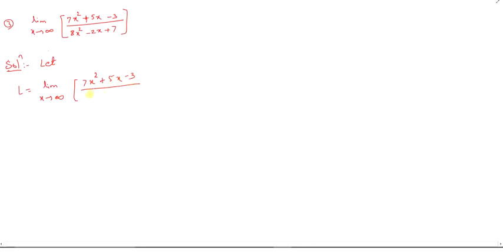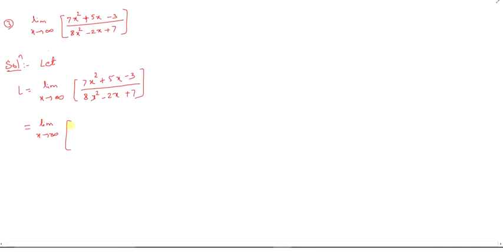And what is the characteristic of the limit at infinity? There are no trigonometric functions or logarithmic functions, isn't it? Or exponential functions. We have only a polynomial, that is, algebraic functions. So particularly taking into account this characteristic, it becomes easy again. Only x is there. x tends to infinity. So as I have told you, our highest power is x square.